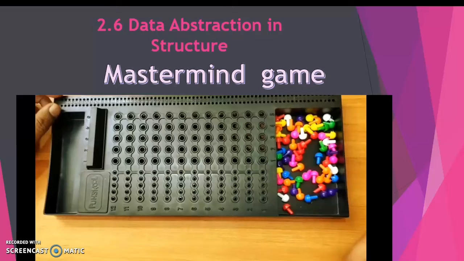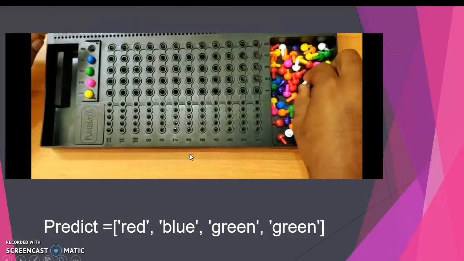Each guess is made by placing a row of code pegs on the decoding board. The second player chooses any 4 colors and places them in any order. Each time, the first player says how many colors are correct and which positions are correct. They give a hint. The second player must remember the hint given by the first player. Each time it is not easy to remember because all are different colors.